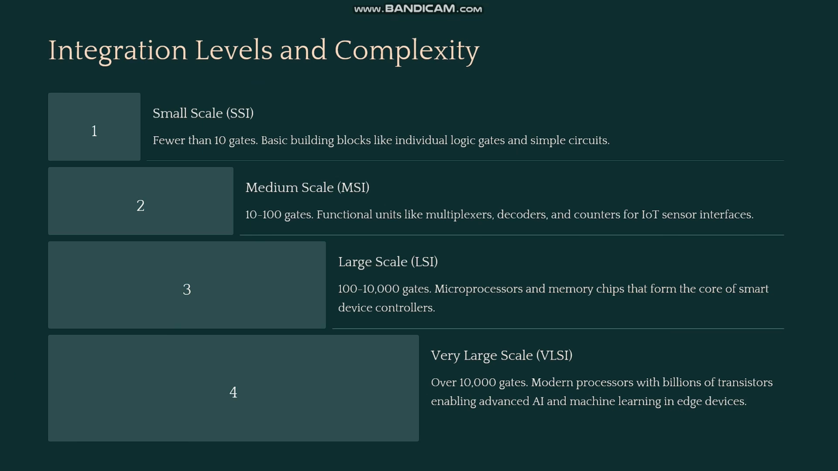Integration levels and complexity. Large circuits can be very small or incredibly complex. Small scale: basic circuits with just a few gates. Medium scale: more complex, used in sensor interfaces. Large scale: in microprocessors, which are the brain of a smart device. Very large scale: modern processors with billions of transistors, used for advanced tasks like